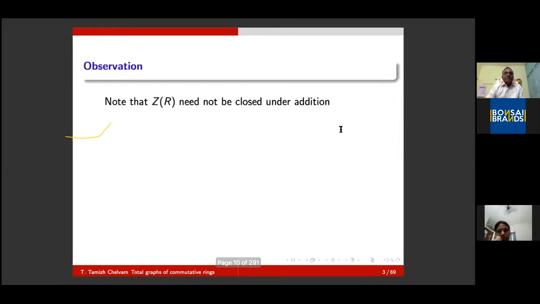As I mentioned yesterday, the set of all zero divisors is not closed under addition. Of course, one of the important substructures of rings is the subring, and more generally an ideal. Suppose you take a subset of a commutative ring, it is an ideal if it is a subgroup with respect to addition, and elements multiplied on the left and on the right stay in that subset. Because we are considering commutative rings, the left and right are one and the same.